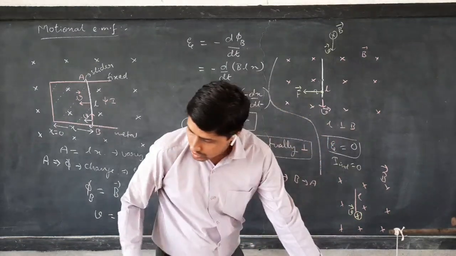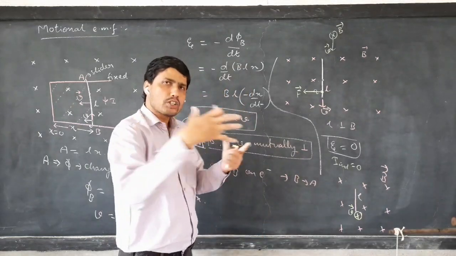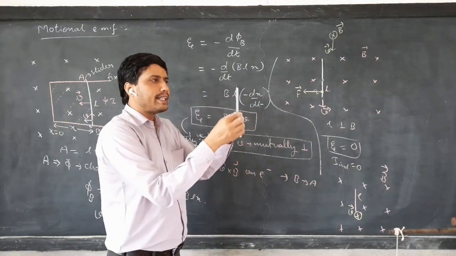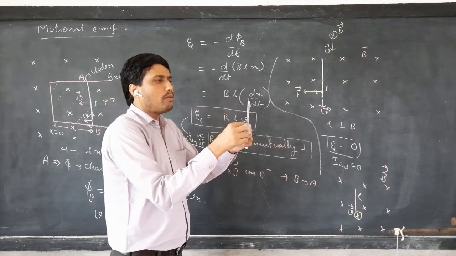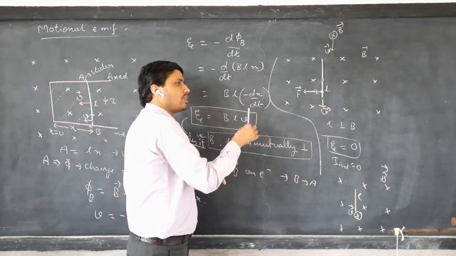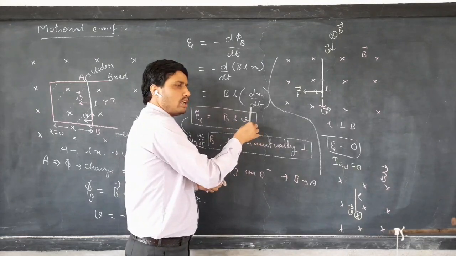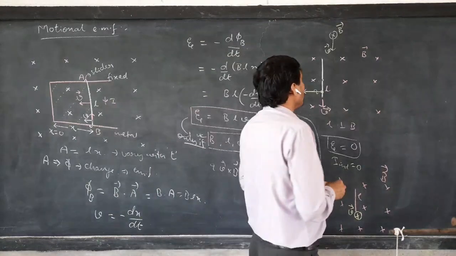That means suppose this is a conductor, magnetic field is towards the board, cross, and I take this conductor length perpendicular to the direction of magnetic field, okay? But instead of moving it like this, I move it along the length of the magnetic field, along the direction of the magnetic field. So velocity vector and magnetic field, because they are in same direction, so when you apply Q times V cross B,